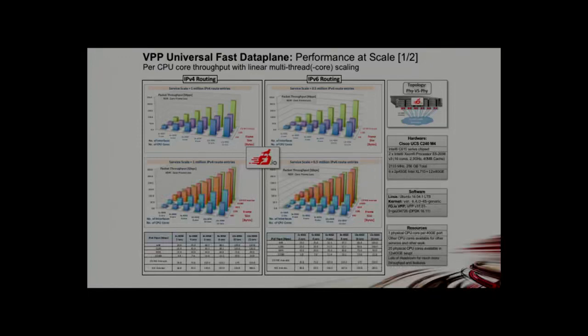And one of the beauties of this model is that when you are adding cores, you have a linear increase of the performance with the number of cores. That's extremely powerful, because we did this test from 2 to 36 cores, and we see this linear increase thanks to this cache effect that we are taking. So that is really good. This is with 1 million IPv4 entries.